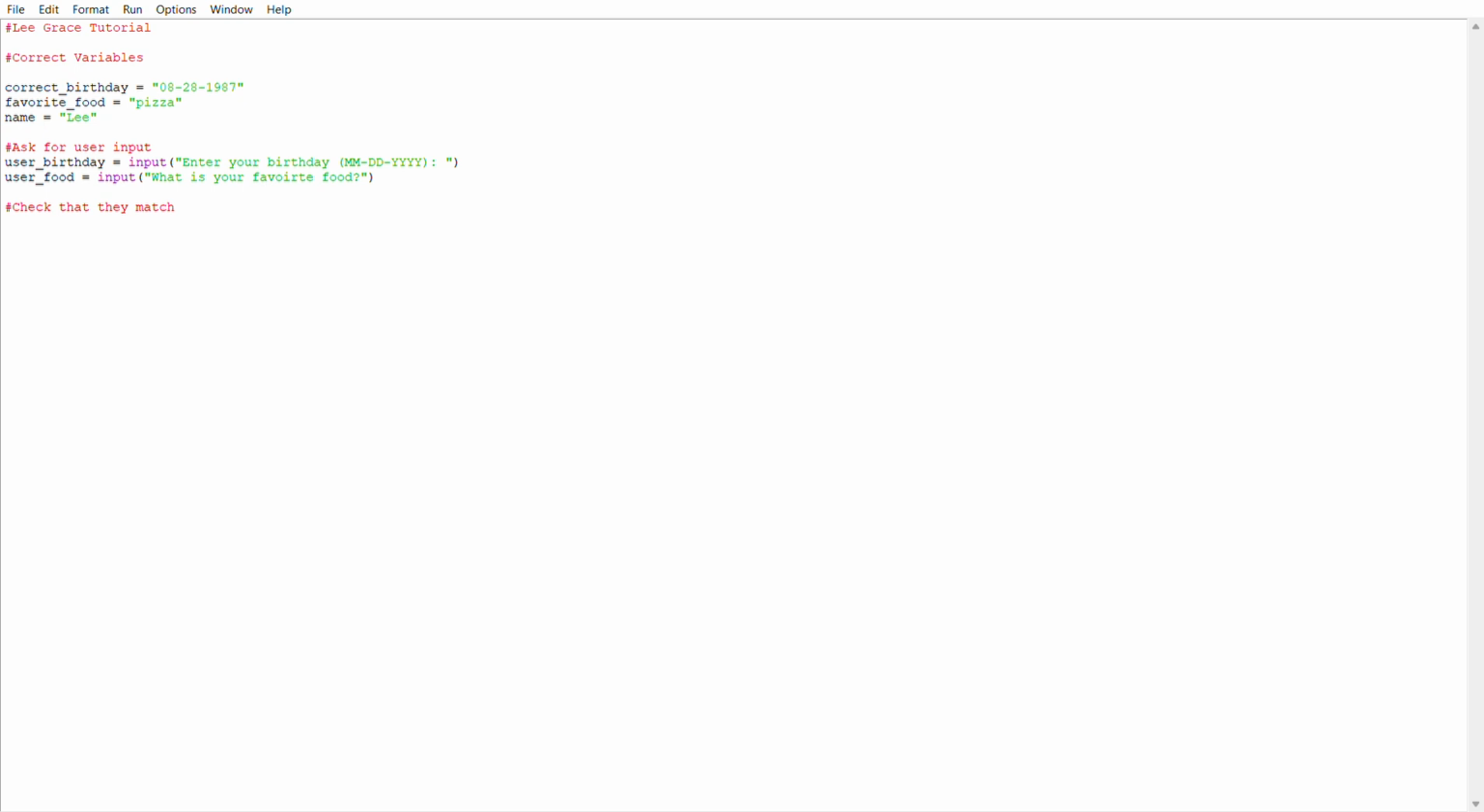And we're going to use the if statement to verify that. So if the user's birthday is equal to the correct birthday, and because we want both of these to be true, and the favorite food is equal to the favorite food,